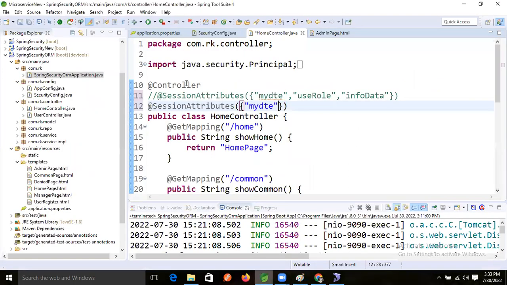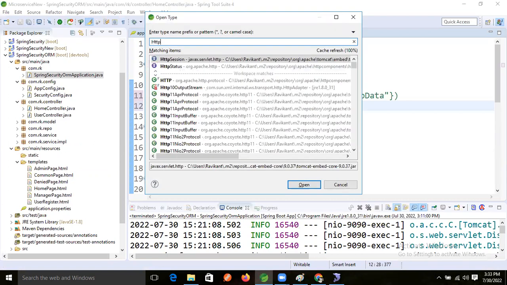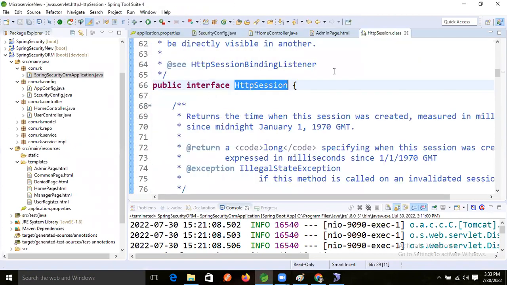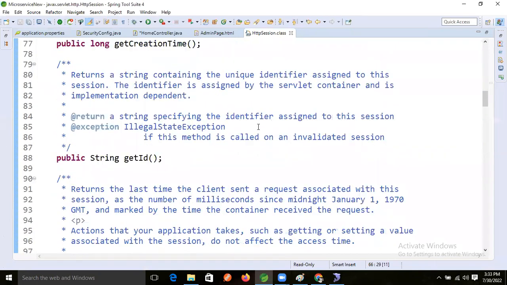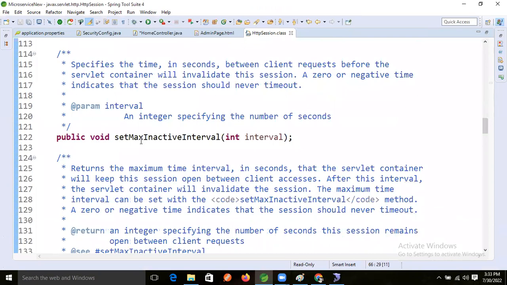One minute. Control Shift T. Opening the HTTP session interface. Now open this one, friends. Okay, now I want to create